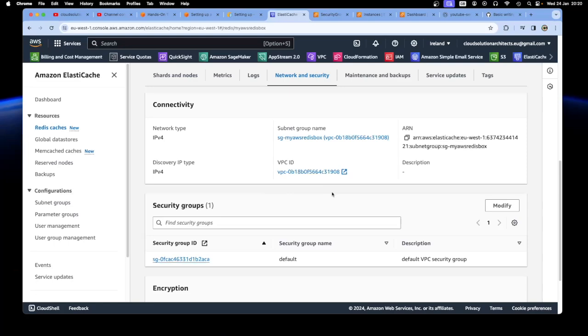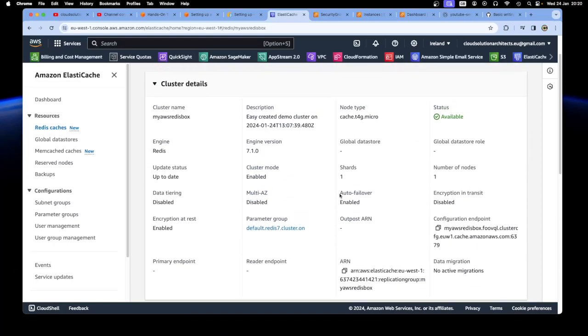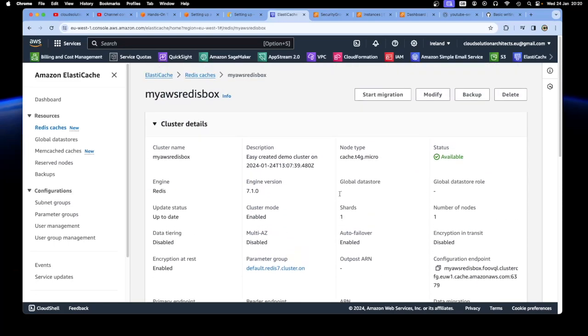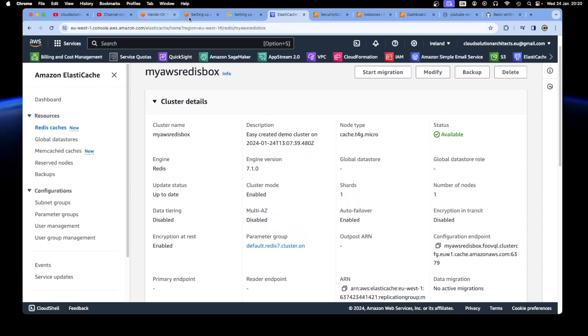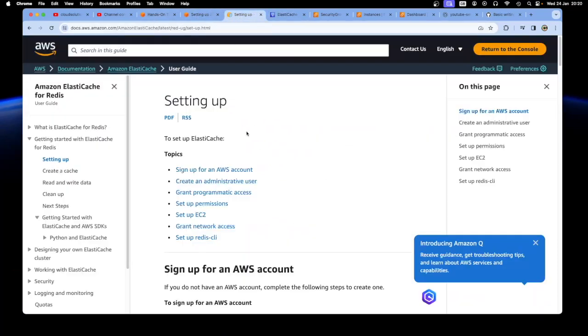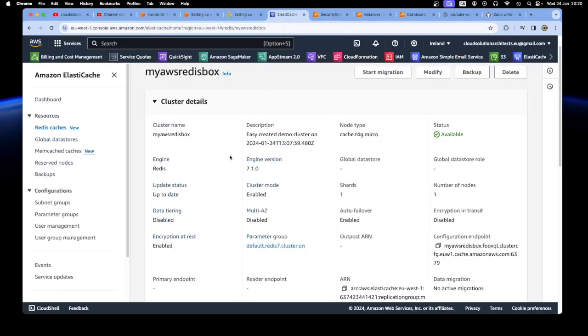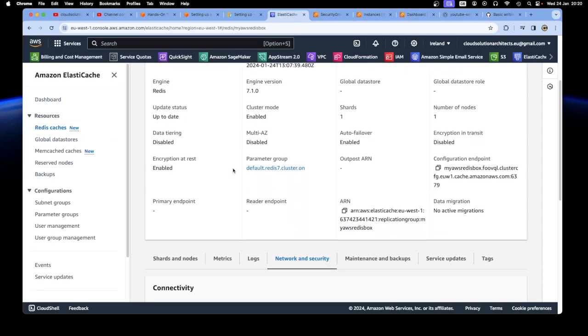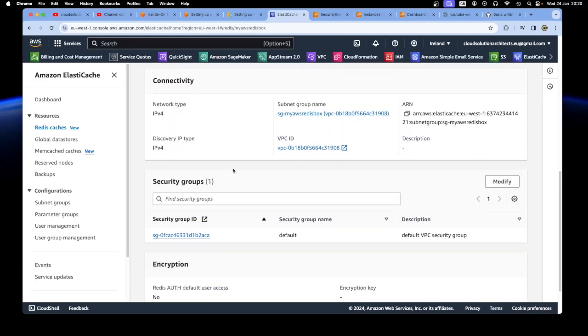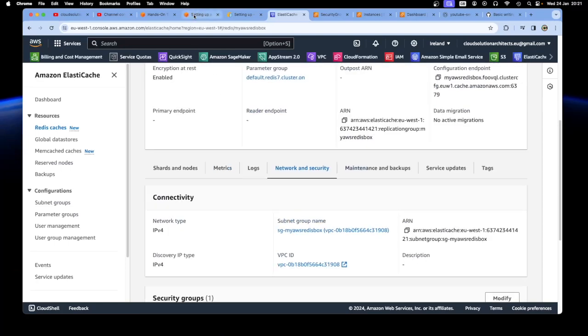But basically, what I'm trying to do here is make sure that I remember what Redis actually was, and obviously you'd go back to your documentation here about what is ElastiCache for Redis and why you would use ElastiCache for Redis, which is the in-memory database and cache. So I went through all of that, and at the end of all of this, looking through here,